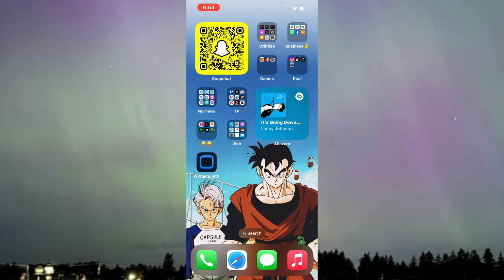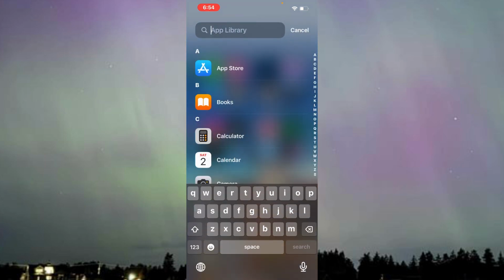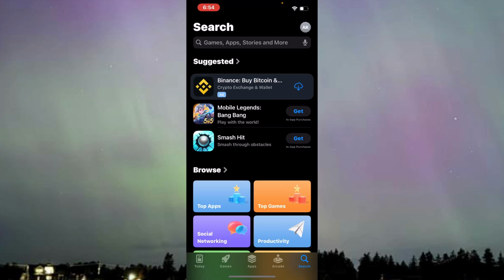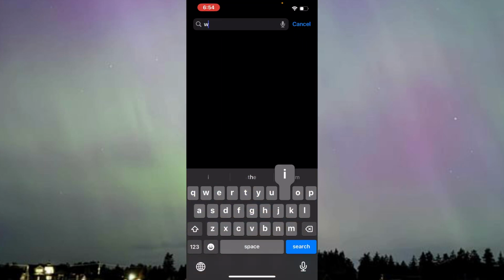Here, you basically need an app to do all these customizations of widgets. There are basically two types of widgets. First are those normal widgets that you can directly get from your phone and add them, and the second ones are like getting through an app, and they're very unique, so you can directly get them by going to your App Store first of all. And once you're inside the App Store, just search Widgetsmith,